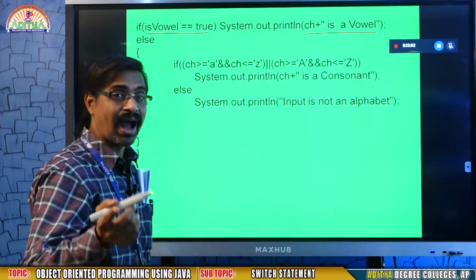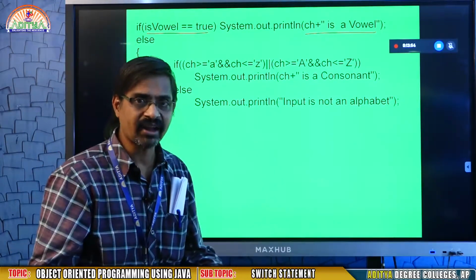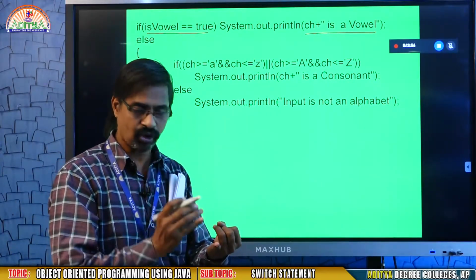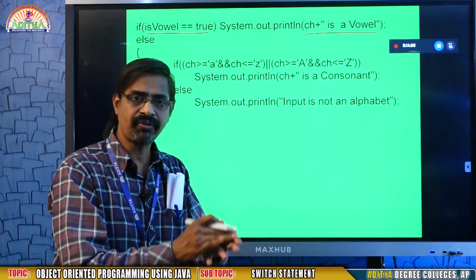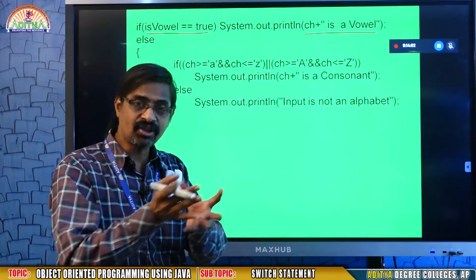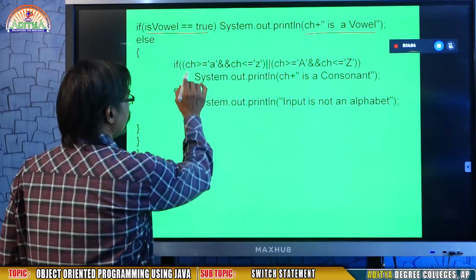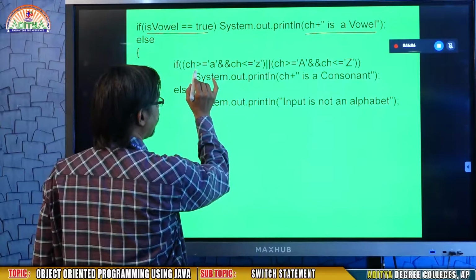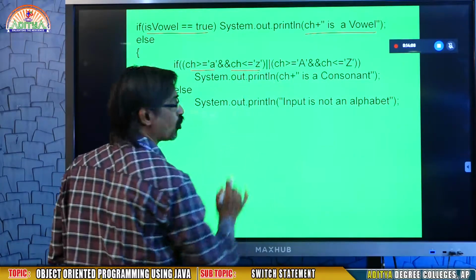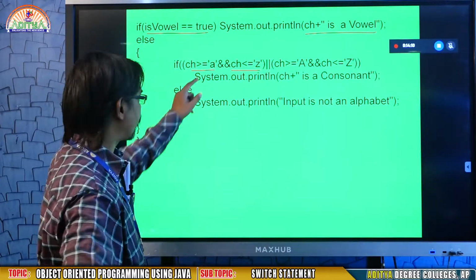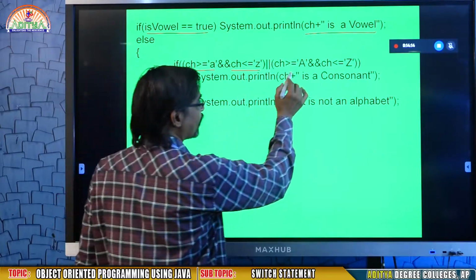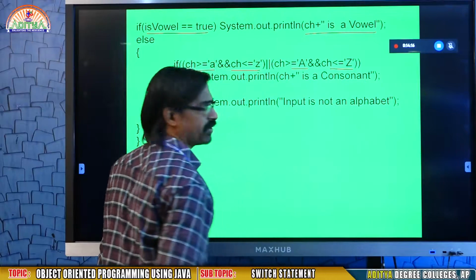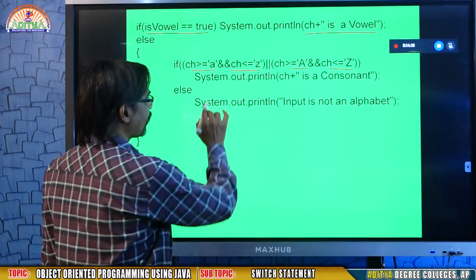In else, I want to check all characters. For example, is it A? Sorry, A. So A is a vowel, leave it. B, C, D, F, G. Okay. Like this, we are going to compare. So if CH is greater than or equal to small a and CH is less than or equal to small z, if the given character is between small a and small z, or if the given character is between capital A and capital Z, then what am I going to write?